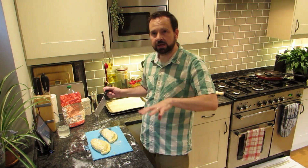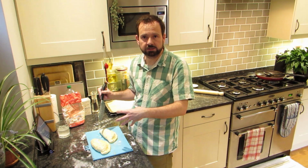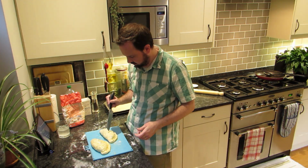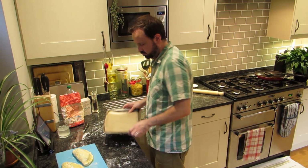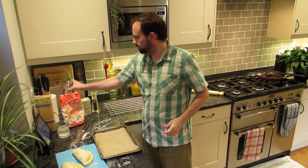Perfect. We always do that after we've egg washed it, because otherwise the egg wash is just going to go into the holes and it was pointless putting them in. But I can see there's a couple of little slits there that don't have egg in them. So put those there. Grab our baking parchment,